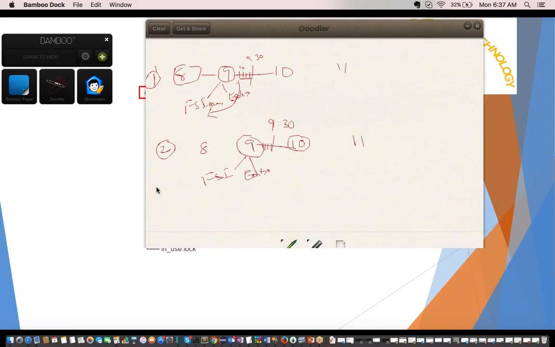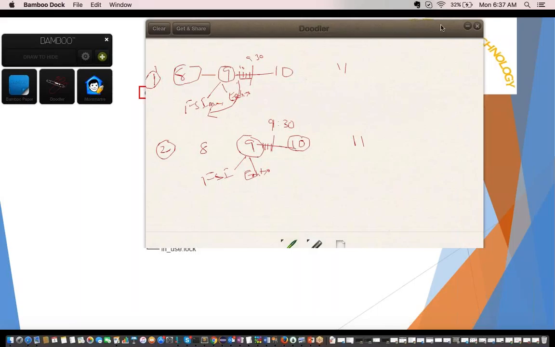Now, how to solve this problem? To solve this problem, from Hadoop 2 onwards, we came up with a new architecture. That means there is no big change in architecture. They have just replaced the name node with another node. We'll see what that node is. Before going into the details, I just want to give an